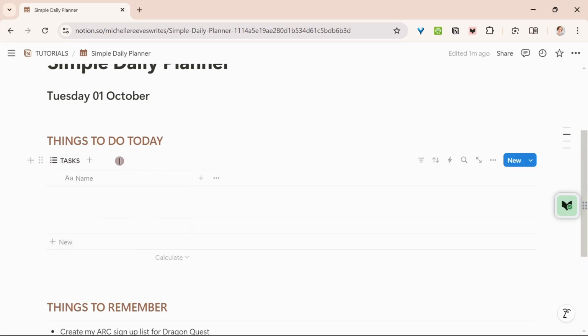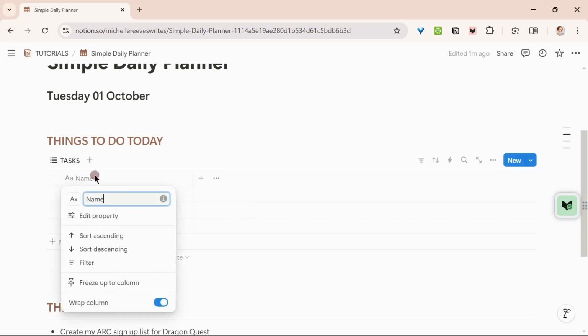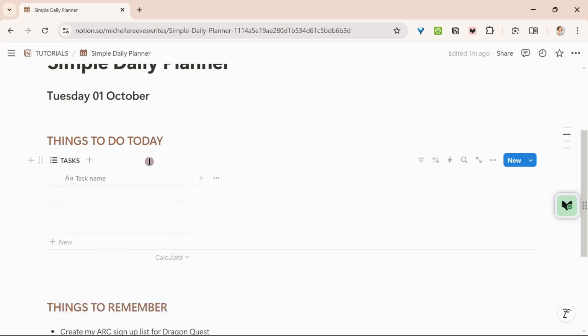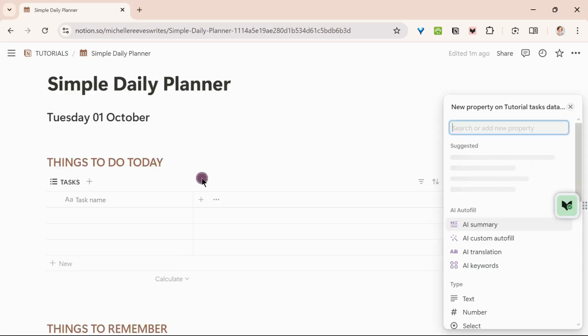Okay, so we've got our name section here. This is going to be our task name, and we've got enough space there to do quite a few tasks, and then we've got a blank space on the right hand side for other properties. So let's change the name of the task to task name. There we go. And then we need to create our second property, which is going to be next to that,